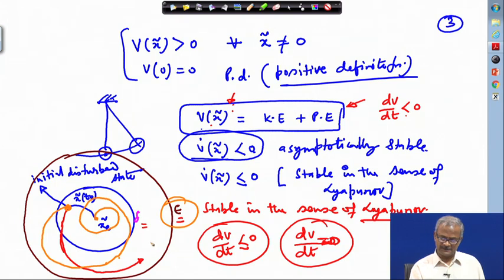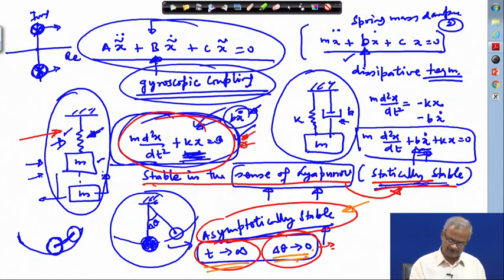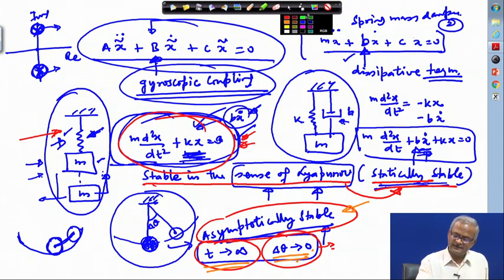Remember, this is very important. If the trajectory goes out of this brown boundary, then the system cannot be asymptotically stable, even though the state finally comes to the equilibrium state. I will wind up this part here at this stage and return to what we have been discussing. We have been working with this particular system.